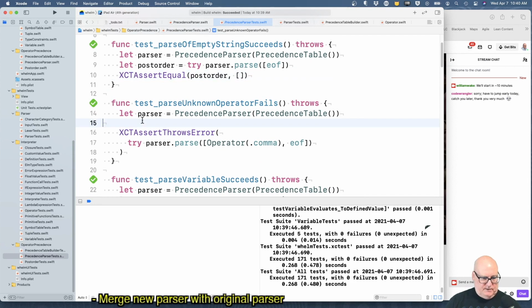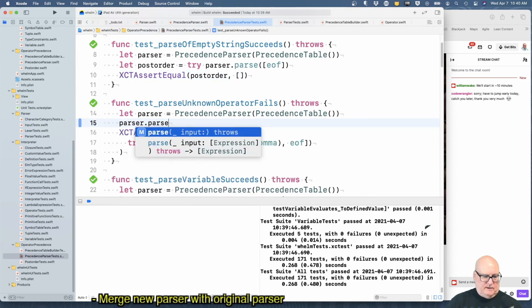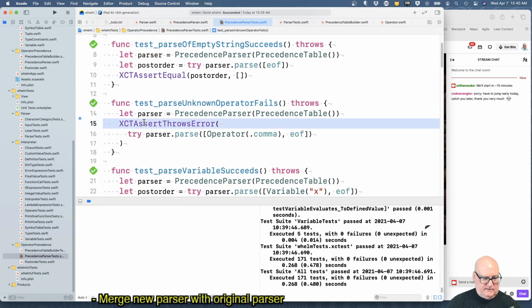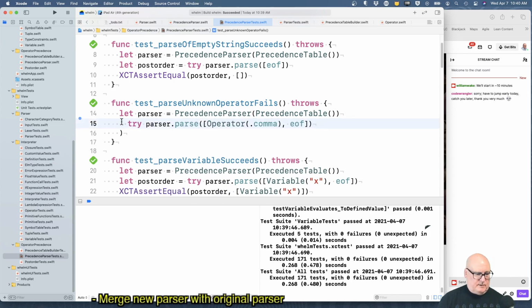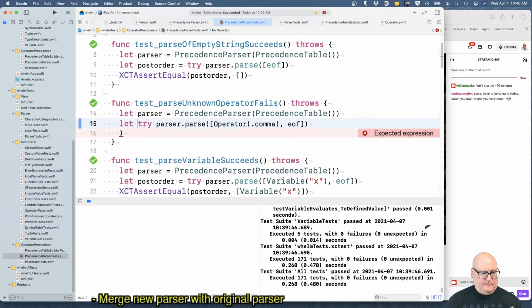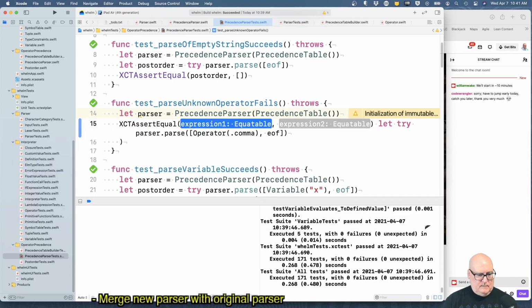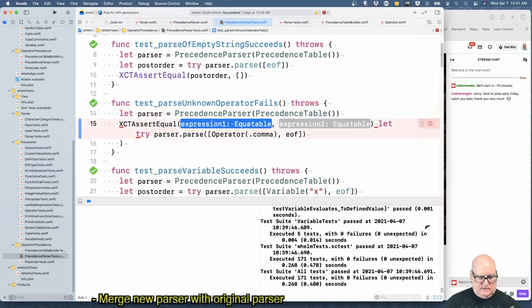All right, so if I do parser dot parse of, well, I guess I got it there already. This I can get rid of. Parser dot parse. Well, let's take assert equal.